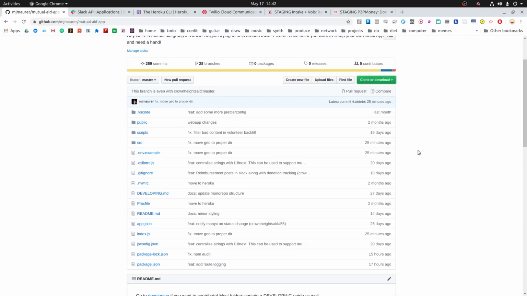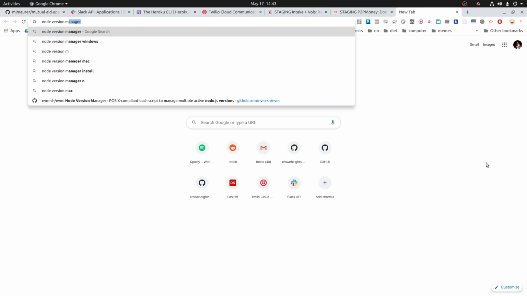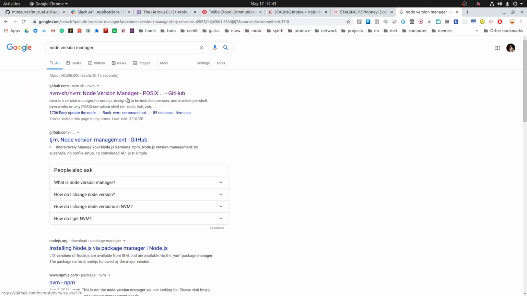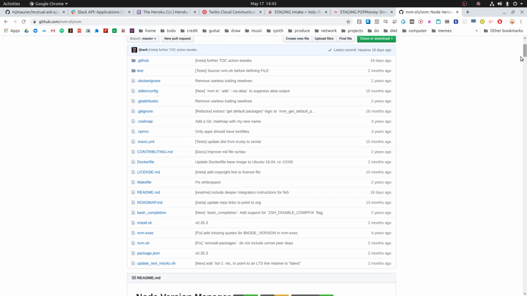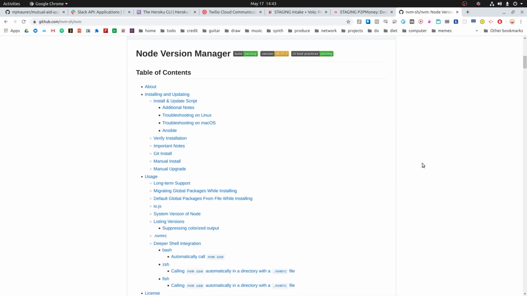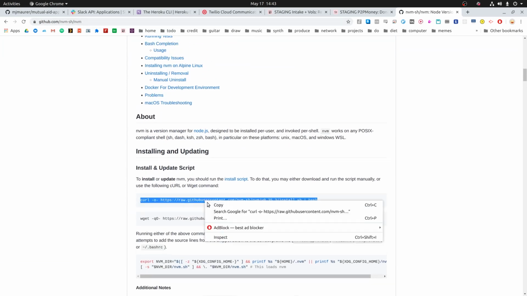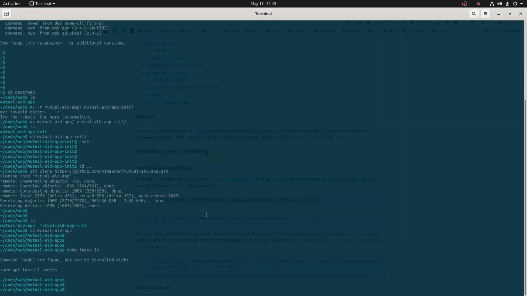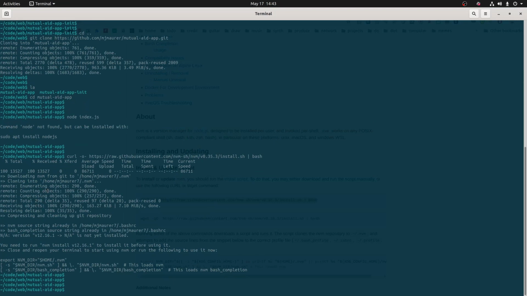I'm going to recommend that everyone install Node through the Node version manager, otherwise known as nvm. What this does is, since projects like the mutual aid app can use different versions of Node, this keeps it easy to switch between different versions. And I'll show you how to do it. So if you type in nvm to Google, come down here, you can click install. I'm just going to type this in our terminal. Great. So it's downloading, and then it makes an nvm directory in my home directory,